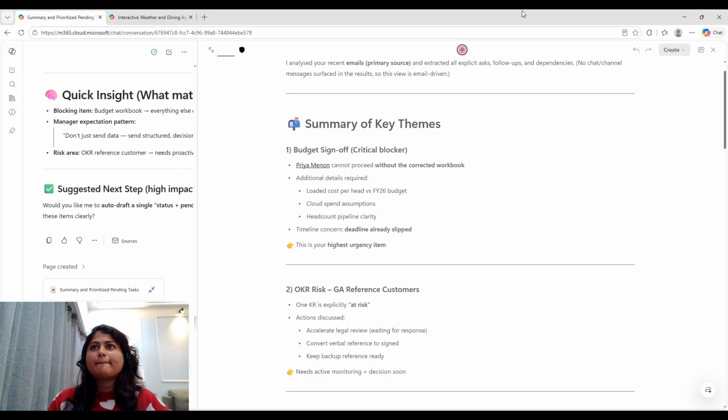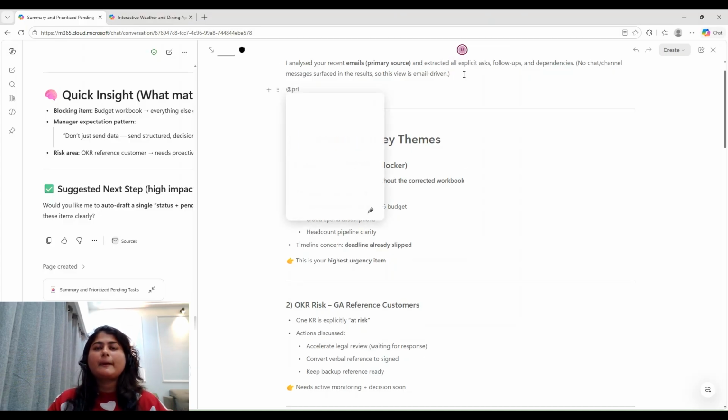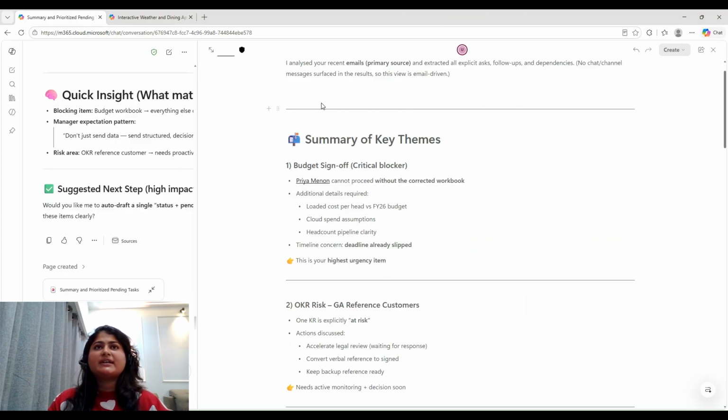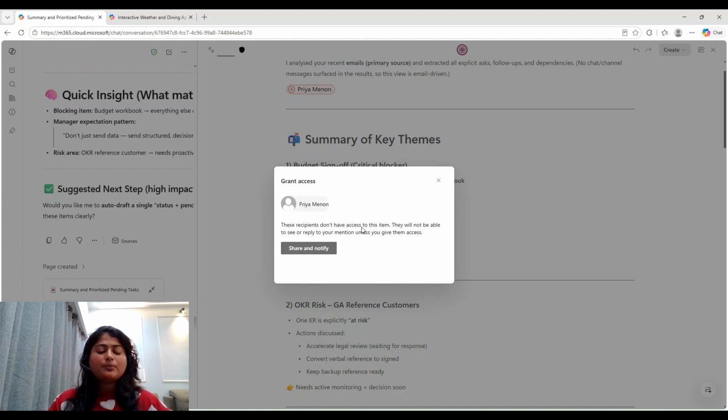What I can do is I can mention my colleague here, Priya Menon, and if I click here, I will get an option to share and notify my colleague.